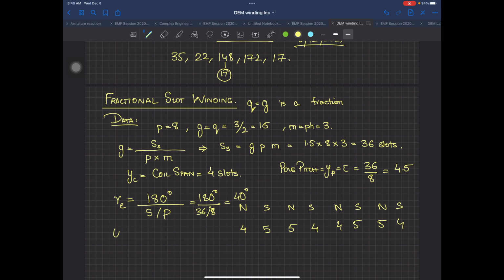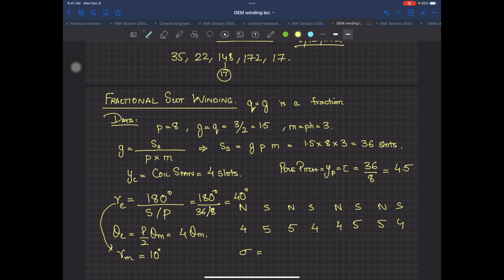If you are going to find out theta electrical, it is P by 2 times theta mechanical, so this will be 4 times your theta mechanical. So if you are asked to find the mechanical angle of this gamma, this will be 10 degrees actually, approximately divided by 4. So there are 36 slots, 360 degrees, and a 10 degree angle. Whenever you have a winding question and if you have some time, please write down all this data. This data aids you to verify that your winding design complies with the phase spread and all these terms.